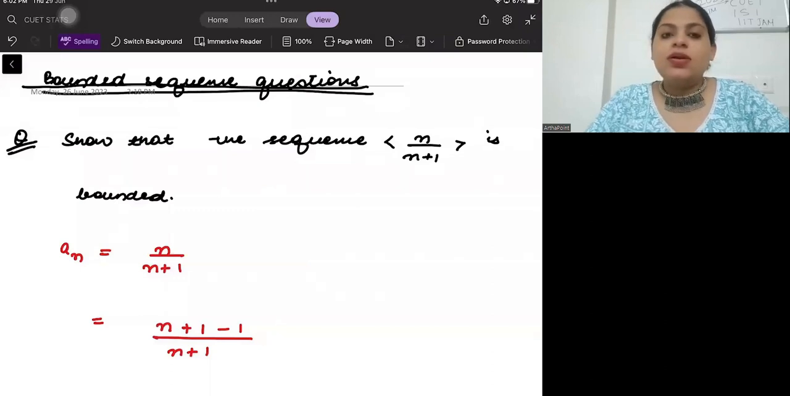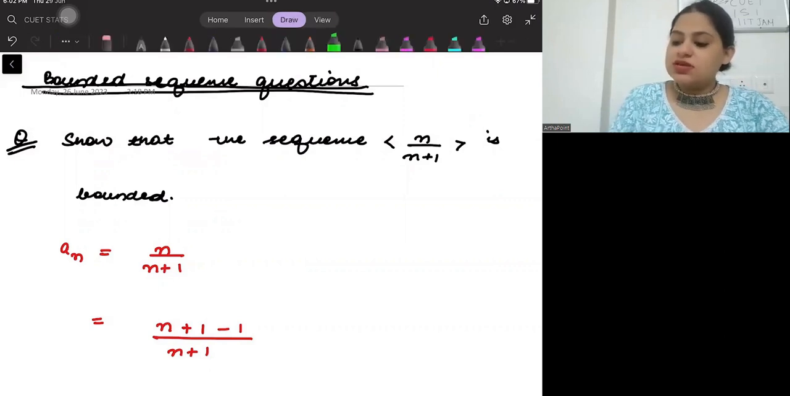Hello, good evening everyone. Let us take this question of the day, which is going to be very helpful for your entrance exams for MSc Statistics. Show that the sequence is bounded,